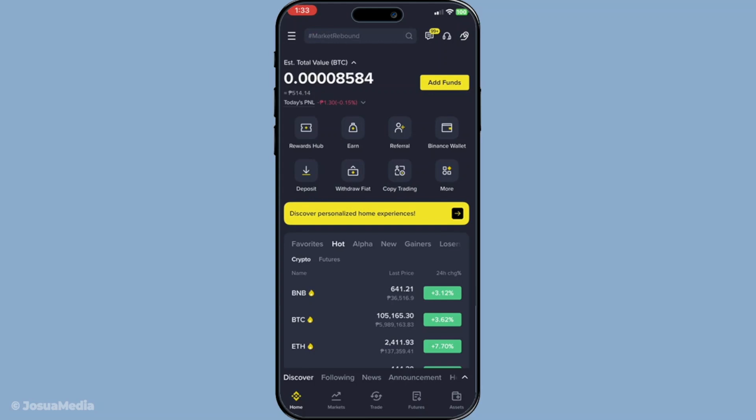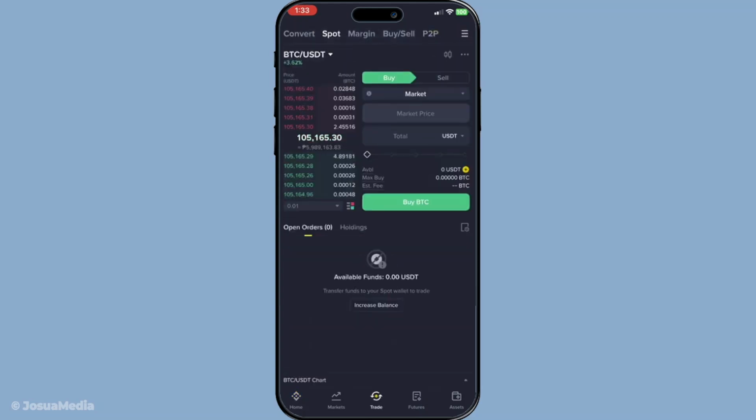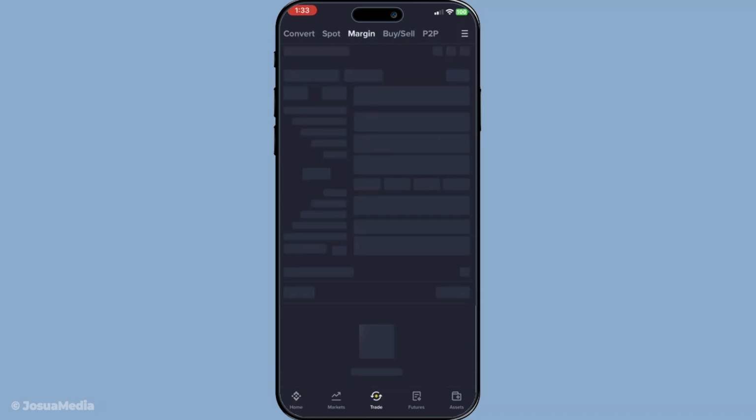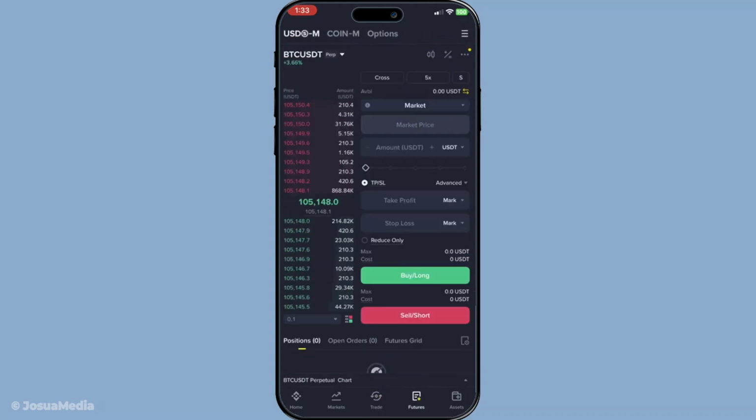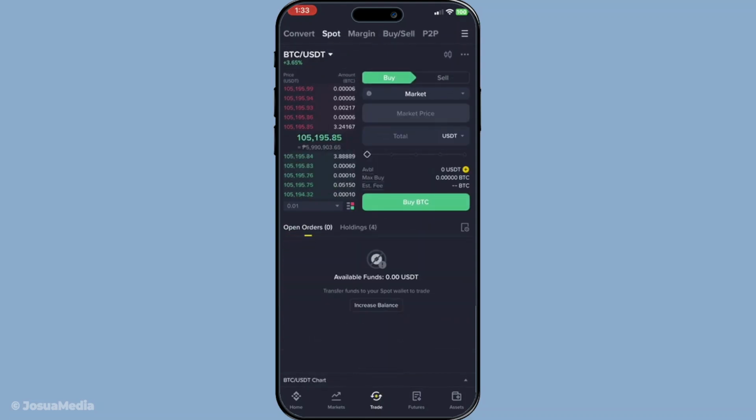Next, navigate to the trade section. Here you have the option to choose between three different types of trading: spot, margin, or futures. The choice depends on your level of expertise and risk tolerance. Spot trading is the most straightforward and is great for beginners. If you're a more experienced trader, or willing to take on higher risks for potentially greater rewards, margin or futures might